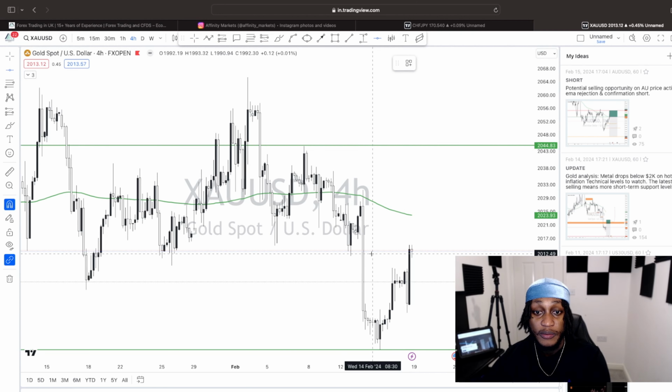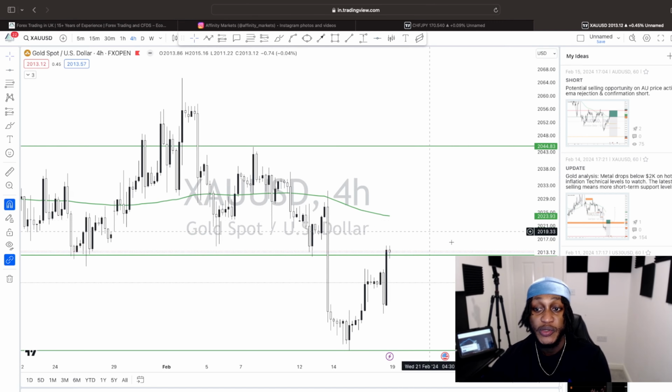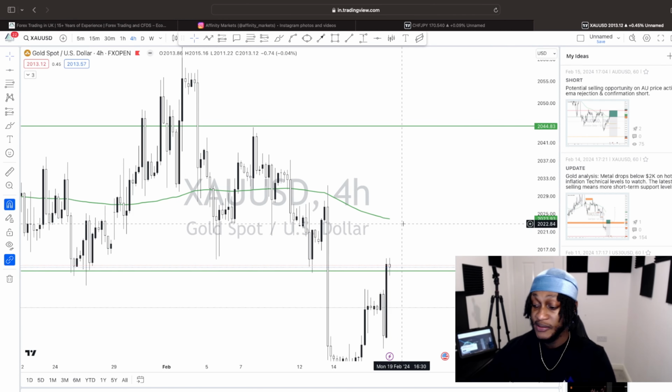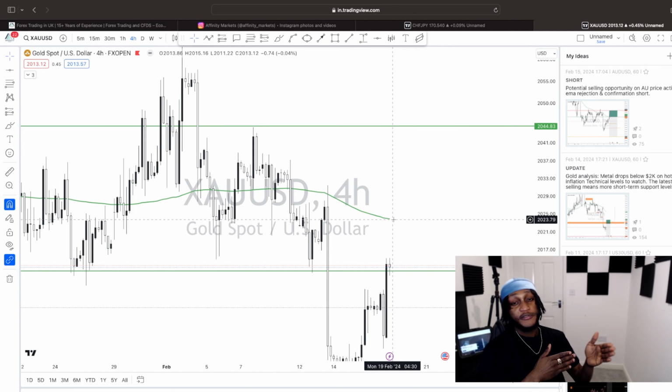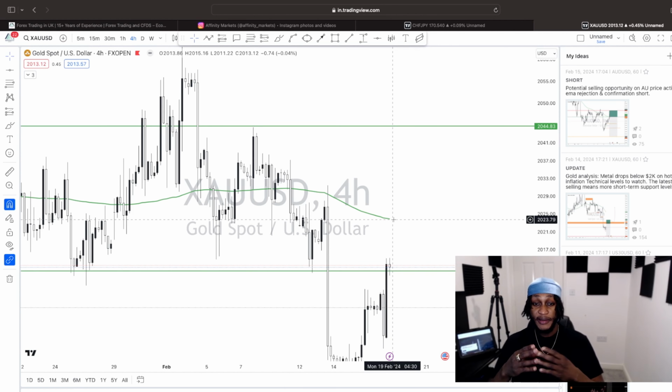So what I saw in the market, right, which was a H4 trade, and I'm going to show you guys the easiest way that you guys can look at this market, because I don't want to confuse you too much, because all I trade is more of like technicals, you know what I mean, and I follow my EMA. You can see my EMA is on the screen, and that's what we teach and show to our traders